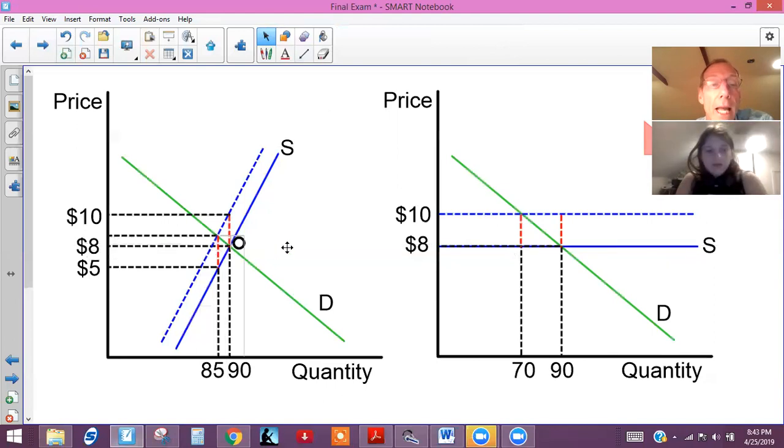Right. And if we said we're going to have a per unit tax of $2, that means that $2 is this much right there, okay? 8 to 10, right? So we would draw a line here, but then what we would do is, since we would move